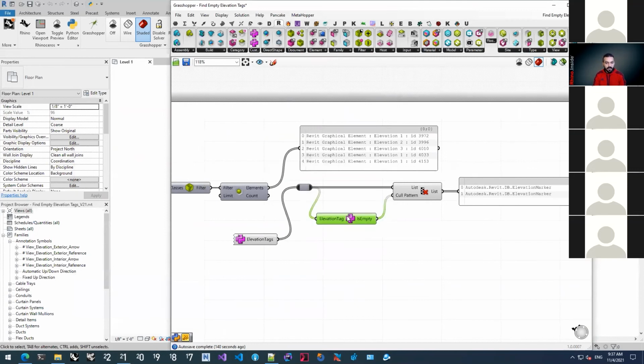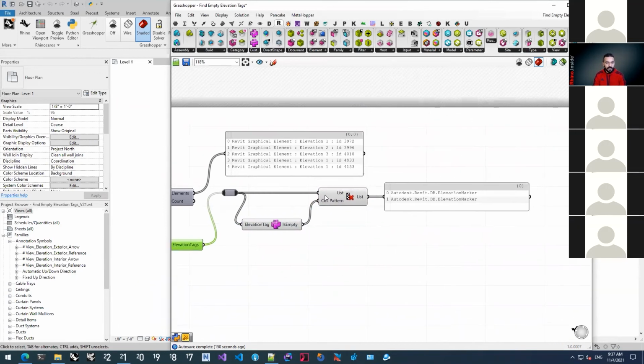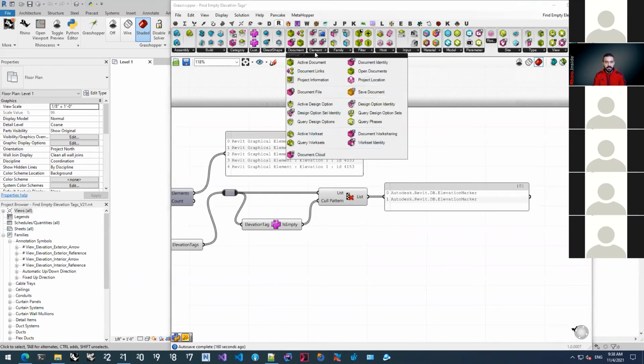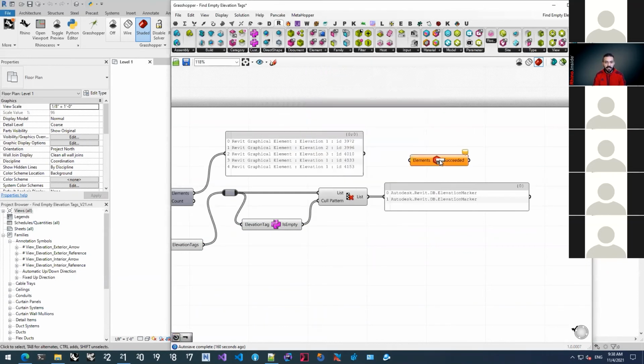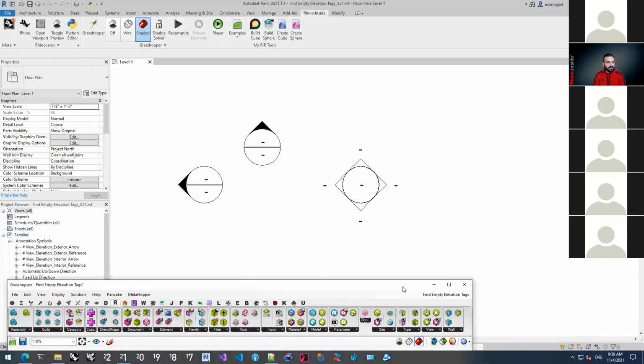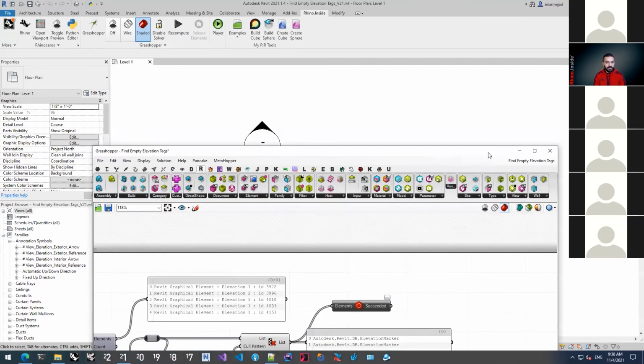So I created a filter component that I can pass to the cull pattern. I can pass all the elevation tags from this model, use this cull pattern, and I get the ones that are empty. And then I can use delete element, and I can pass it to this, and it would get rid of those elements for me in the Revit